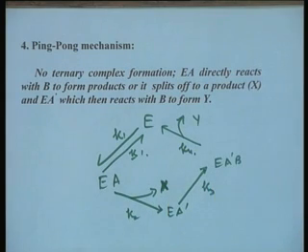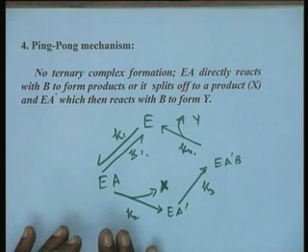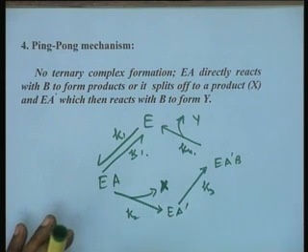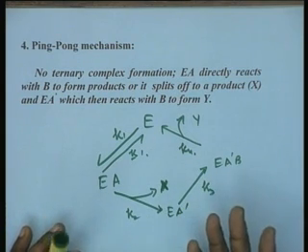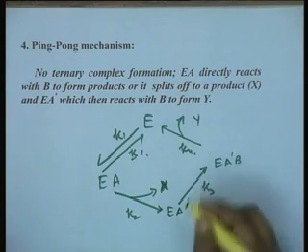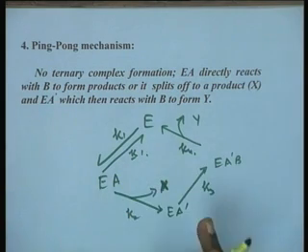Basically, the name ping pong is because as soon as the first binary substrate complex is formed, one of the products is released, then the next substrate interacts, and the next product is released. That is what happens in such cases, and the bulk of the transferases fall in the category of the ping pong reaction mechanism,